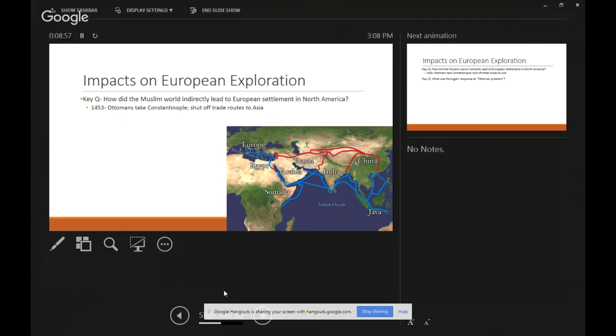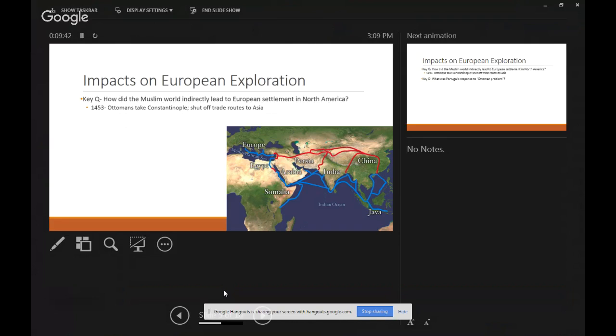But 1453 is the last crusade. And by that point, the Muslims have beaten the Christians back. They now control this whole area, and the Muslims are moving north. And they're heading for a city right here. A city called Constantinople. And I think it can arguably be said that in 1453, Constantinople is the most important city in the world. And the reason why is because it is the doorway. It is the gateway between Europe and Asia. That's where the Silk Road goes.